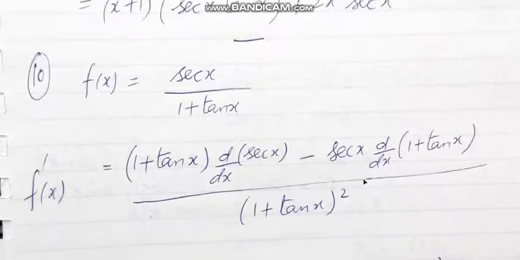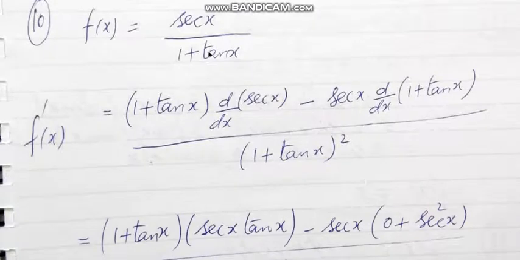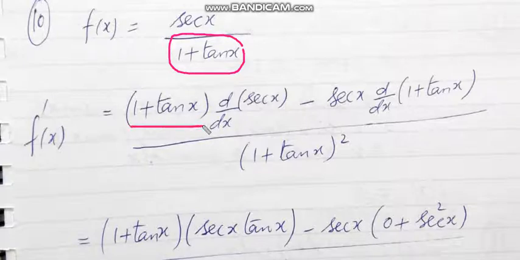Then the 10th question is again the quotient form. So how do we apply the quotient form? That is, take the square of the denominator, then the denominator as it is and the derivative of the numerator. I have not taken the derivative yet. I have just written that I have to find the derivative of secant x, then minus secant x, then the derivative of 1 plus tan x. Not taking the derivative, just mentioned that we have to take the derivative of 1 plus tan